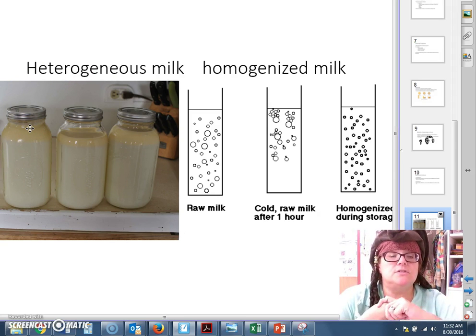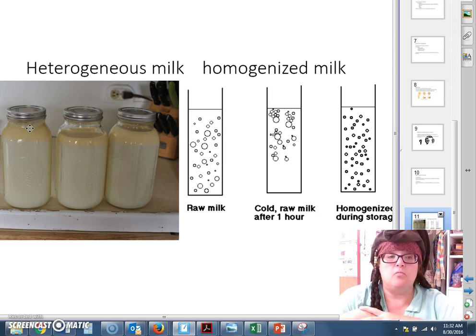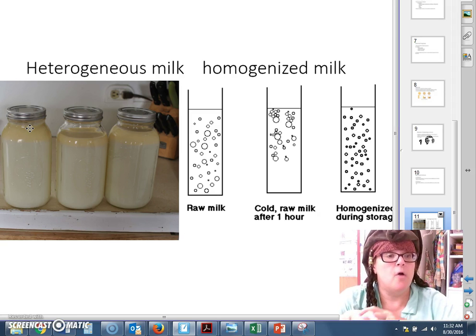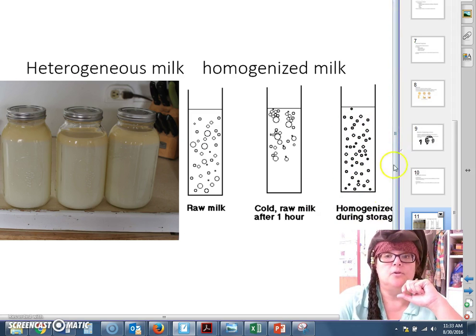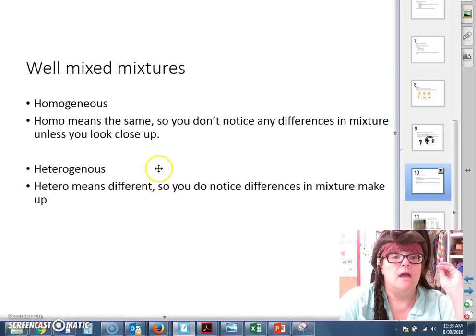The cream has risen to the top, and we skim the cream off, and then what's left is the skim milk because we have skimmed the cream off. Or we can leave 2% milk fat and leave 2% of the cream, and then we shake it up really, really well, and it breaks up all those fat globules, and they get separated throughout the whole mixture. So homo means the same. Homogenized milk is milk that looks the same throughout.